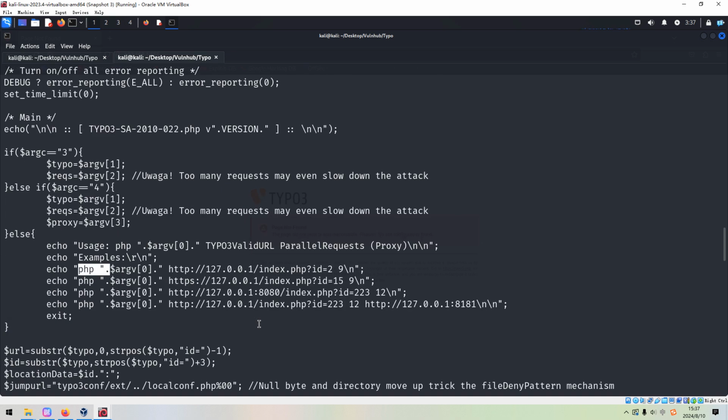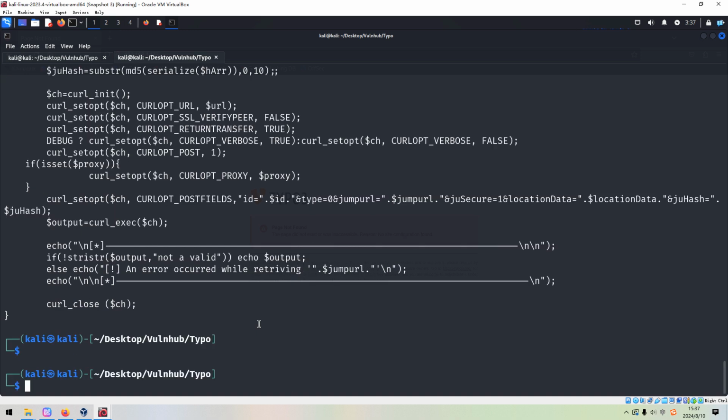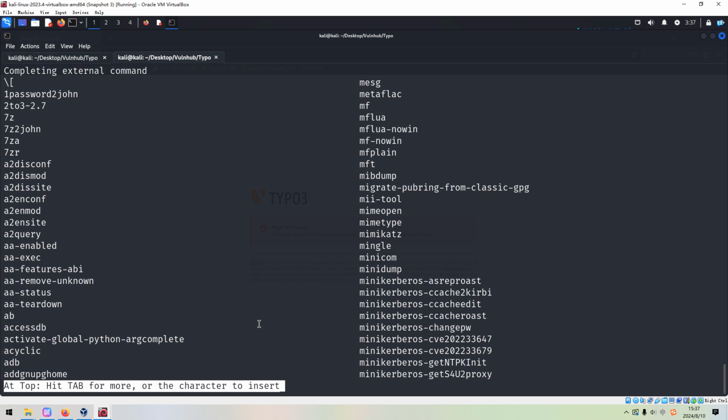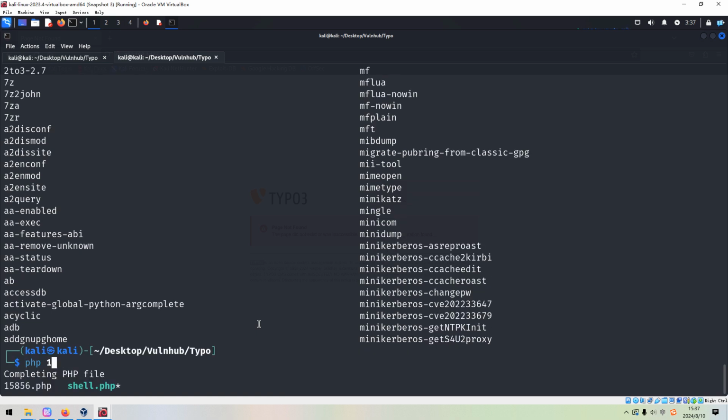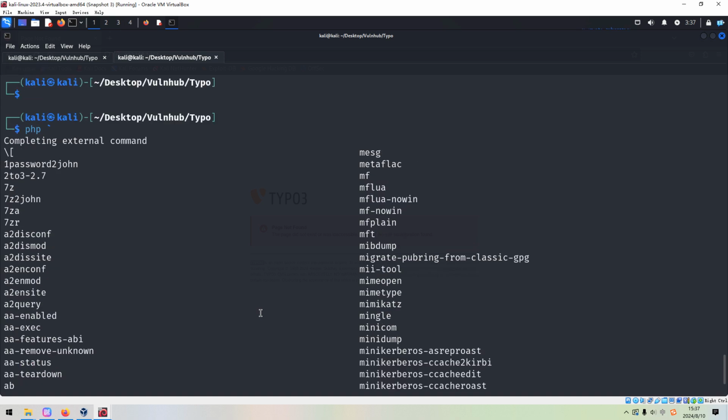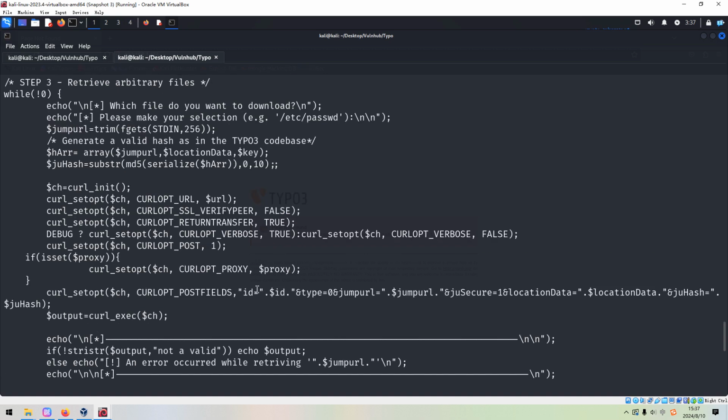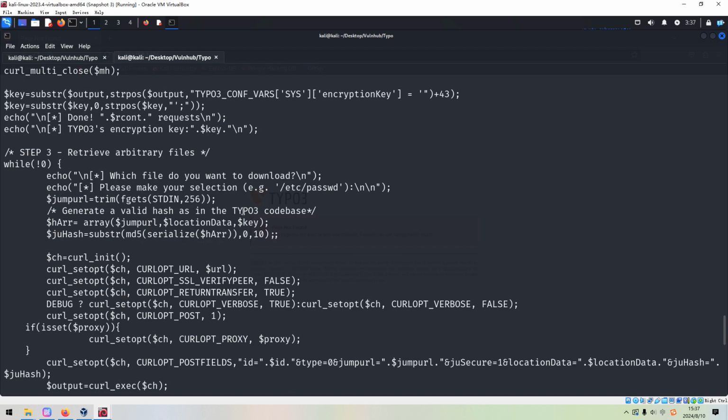Maybe we can run it, right? We can use PHP and the name, and we can specify the URL of the target. We just follow the usage.